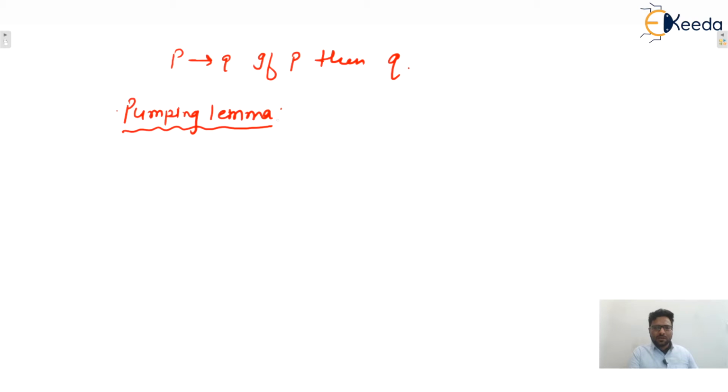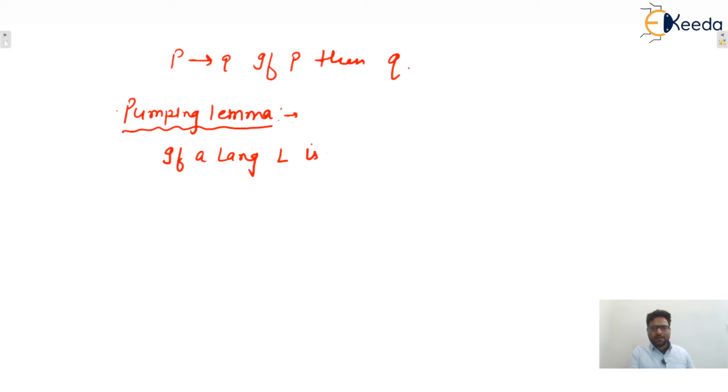So you know very well, P implies Q is what? We can say that if P, then Q. So what is the beauty of this one? You will see in every subject, wherever you see these implication and biconditional, this concept will be useful to you guys. Let us consider in theory of computation, you will see a lemma, the pumping lemma. What is the pumping lemma? I'm going to give you the statement of the pumping lemma. So what is the statement? Statement is: if a language